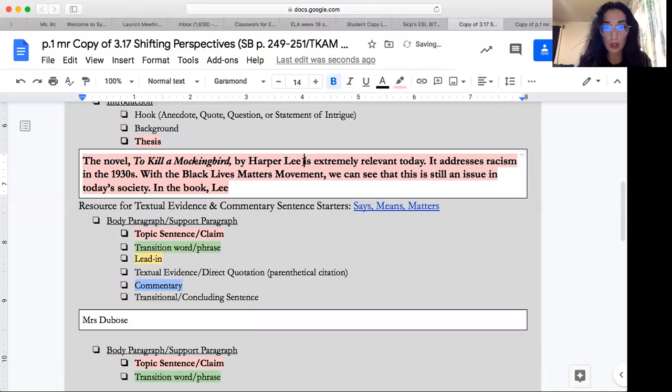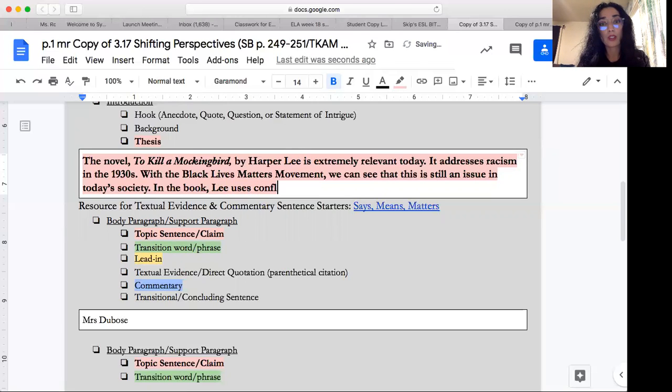Lee, so since we already used the author's full name here, we only have to say the author's full name once. After that, we can call the author by their last name. So we don't have to say Harper Lee, Harper Lee, Harper Lee. We say it once in the beginning, and then for the rest of the essay, we call the writer Lee, because that's her last name. We don't call writers by their first name. That's kind of like disrespectful. We want to call them by their last name to show we respect this artist and their work. So in the book, Lee